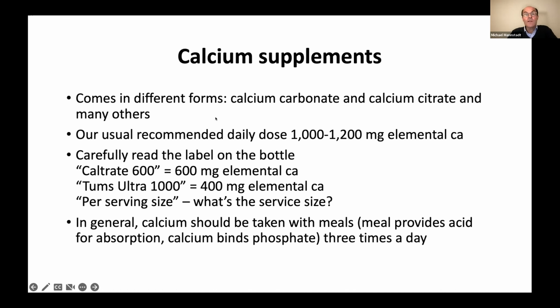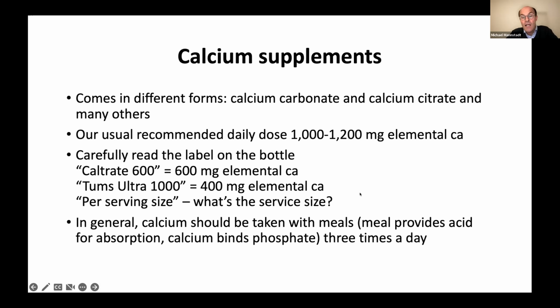Usual recommended daily dose of calcium for the population is about 1,000 to 1,200 milligrams of elemental calcium per day. And that comes from diet, or most people don't really have dairy or enough dairy or other dietary sources of calcium, as pills. And for hypopara patients, typically, unless the diet has a lot of calcium, often people have to take something like 500 milligrams 3 times a day, right? So it's a little higher than what's recommended for the population, but we are talking about hypopara patients.